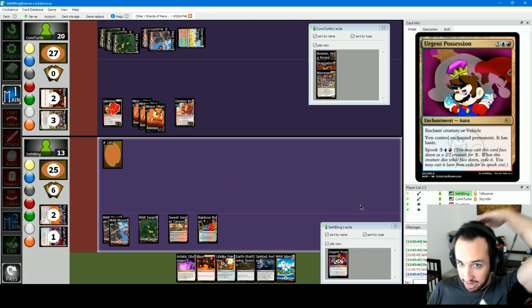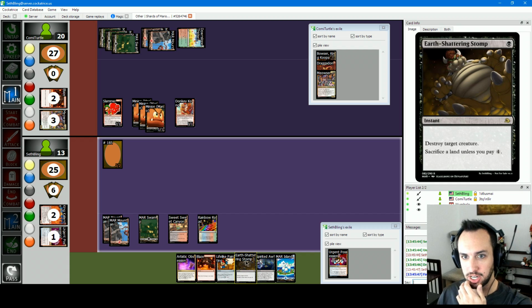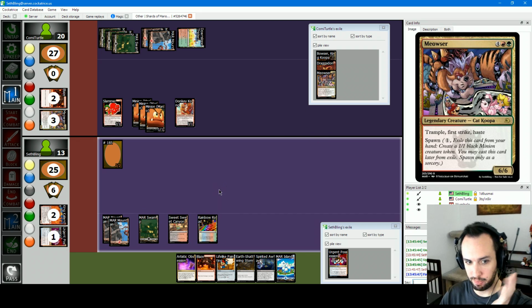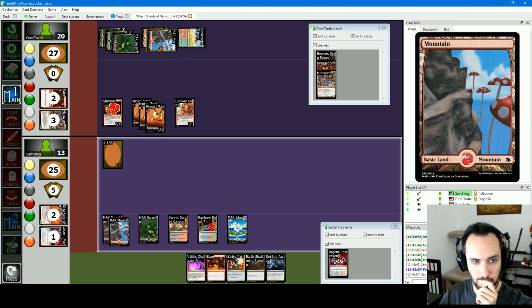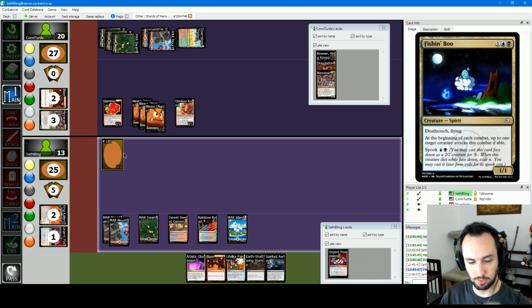All right. So I think I really need to keep up. I think I really want to keep up Earth Shattering Stomp for Meowser, so that he can't attack in. I don't mind sacrificing a land at this point. Here's an island. So Artistic Obsession still doesn't get me a spook card from my graveyard. It will at some point once Fish and Boo is in there, but